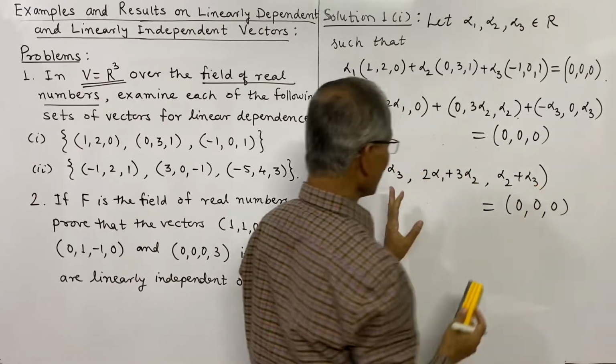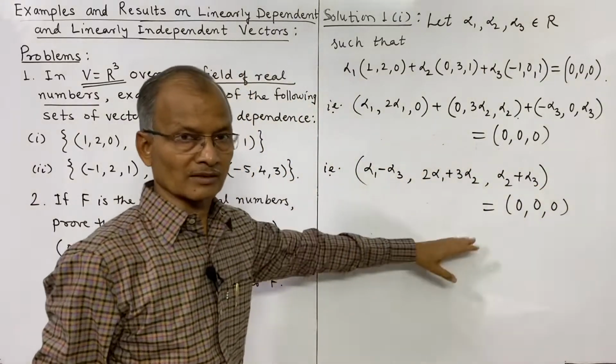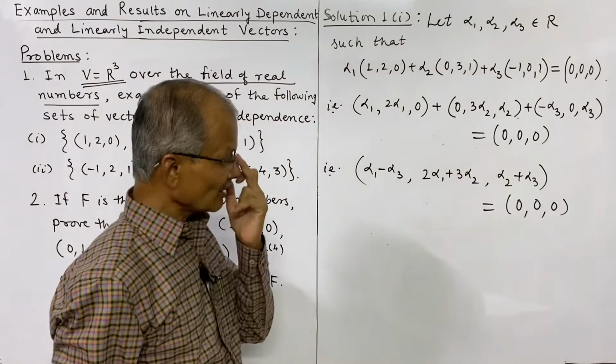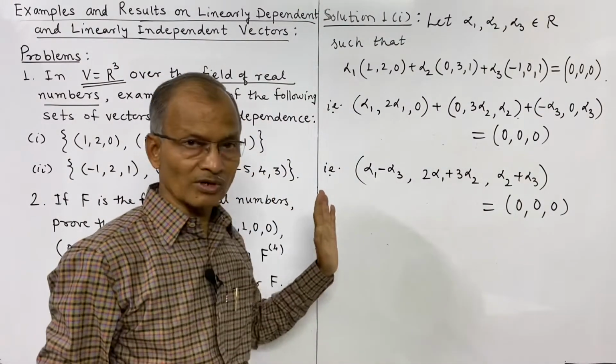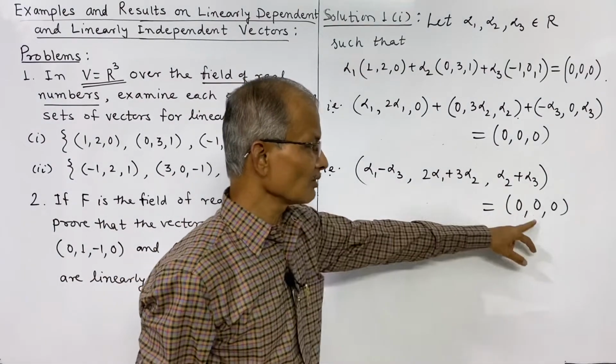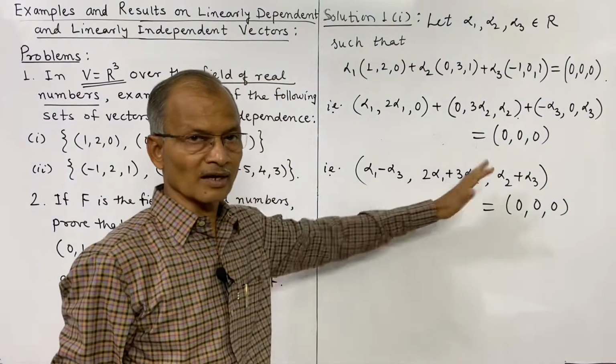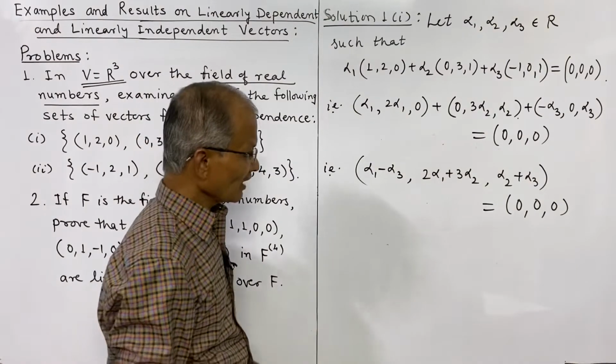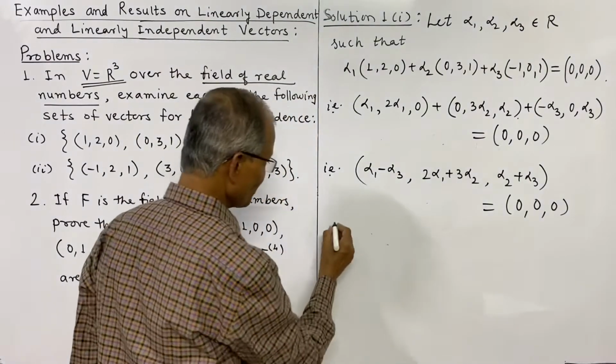And by equality of two vectors, we defined that if the first component is equal to the first, second to second, third to third, extended up to n. So here it is three dimensions, and therefore